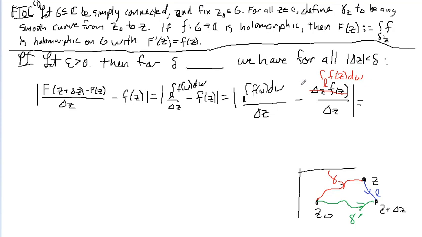So that gives me 2 integrals along the numerator, and that's going to allow me to rewrite this as equals the absolute value of the integral along L of f of w minus f of z dw